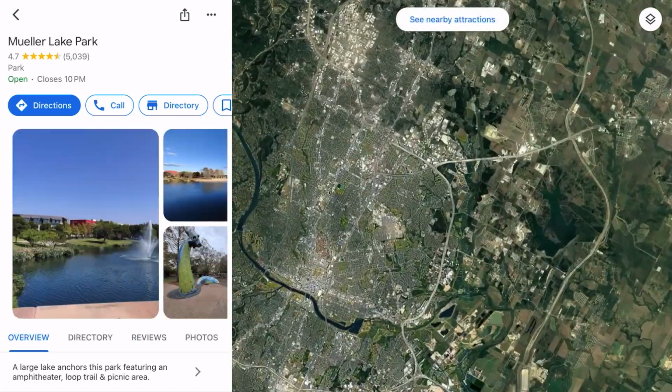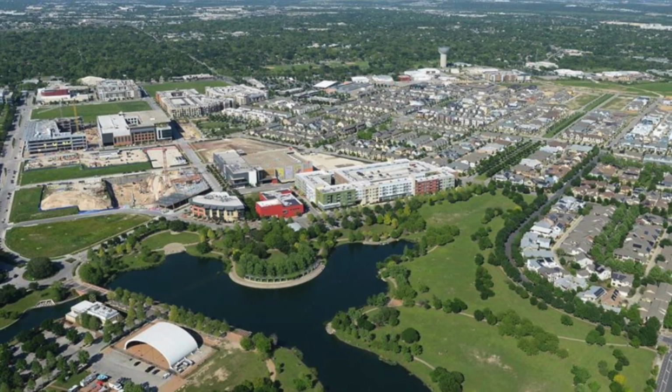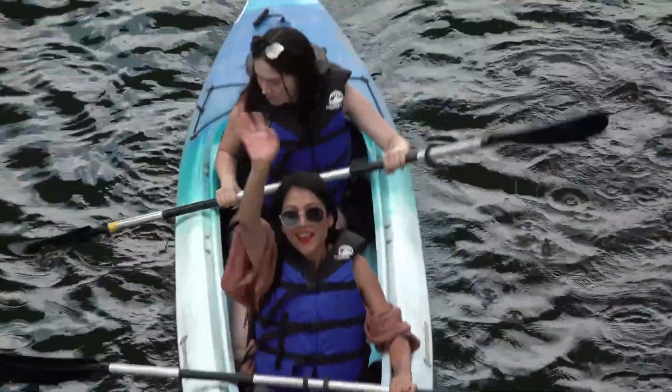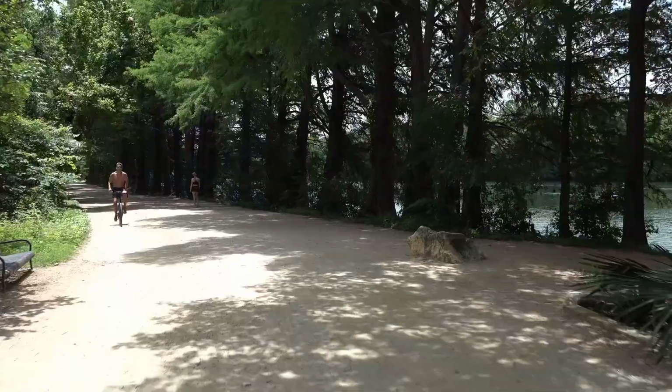And the last area I'm going to talk about in this video is Muller and Windsor Park. This is further north. Muller is kind of its own little town. It's really nice. There's a little lake there. There's a whole development that has a lot of restaurants, cafes. There's a couple museums, I believe. There's a farmer's market every Sunday. So if you are looking for something more wholesome, daytime activities, dog-friendly, family-friendly, this is the perfect area